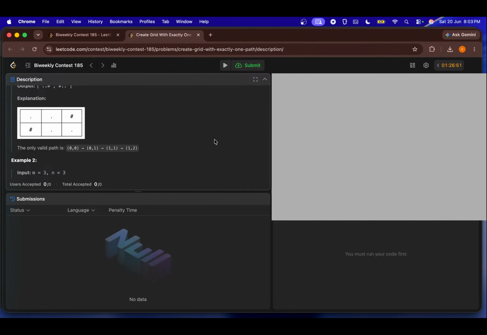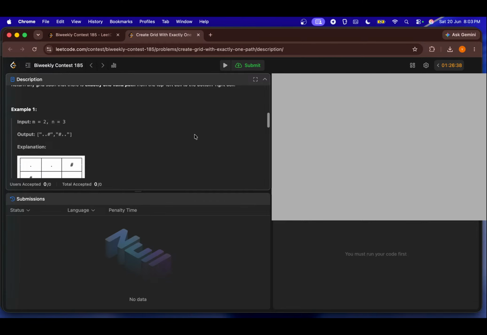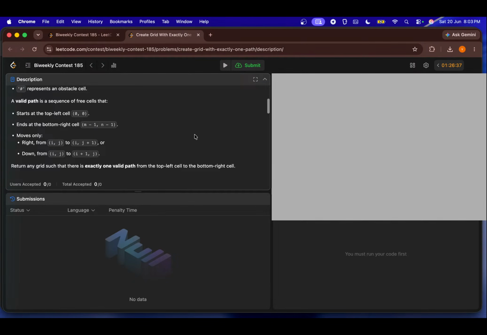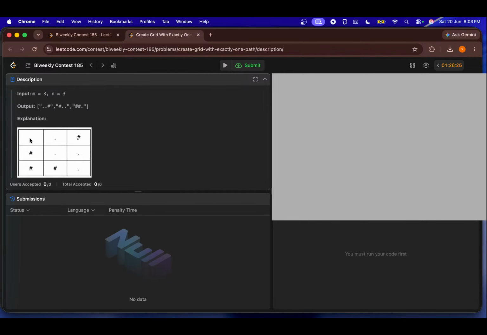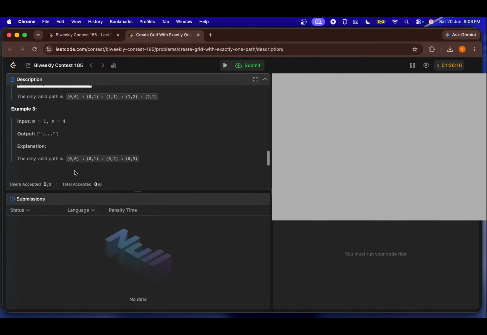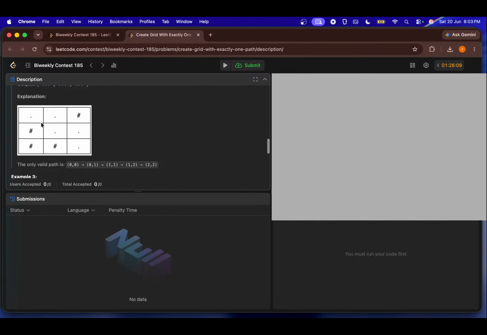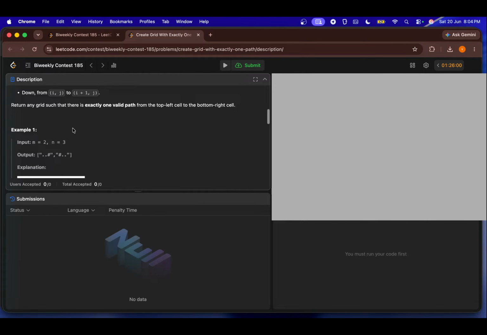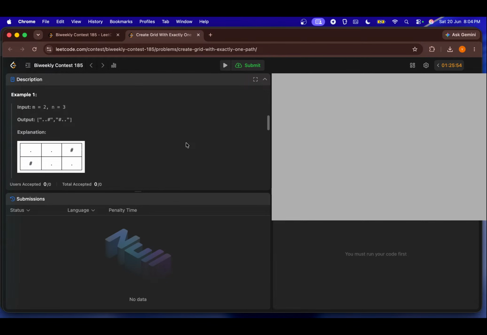I think the valid path is (0, 0), (0, 1), (1, 1) and (1, 2). Dot. So we'll take row equal to n and